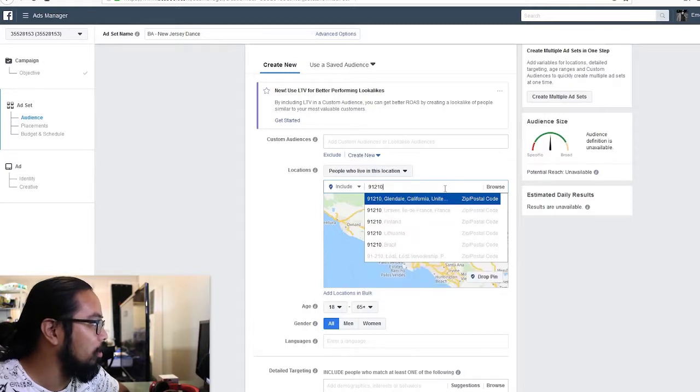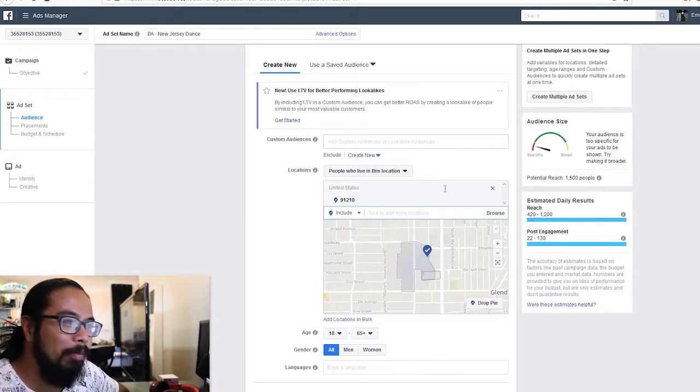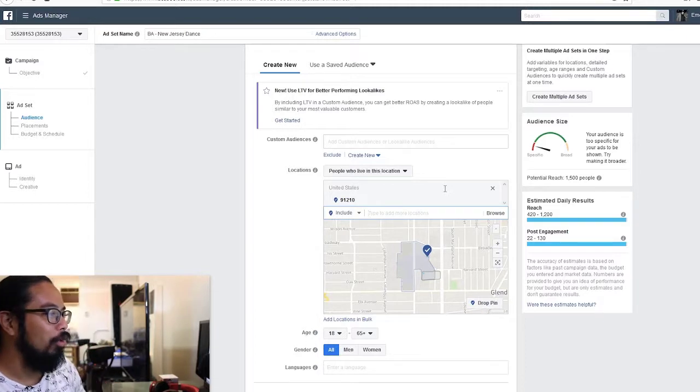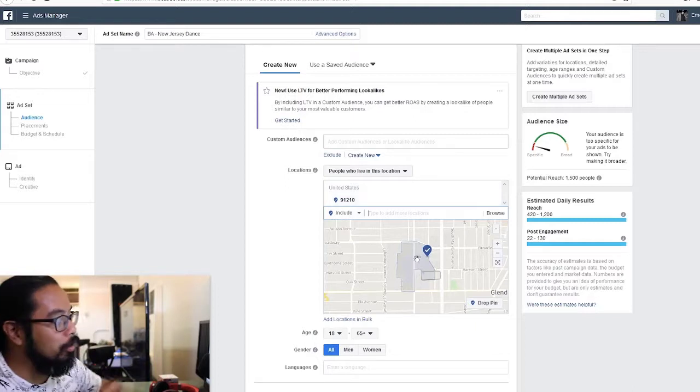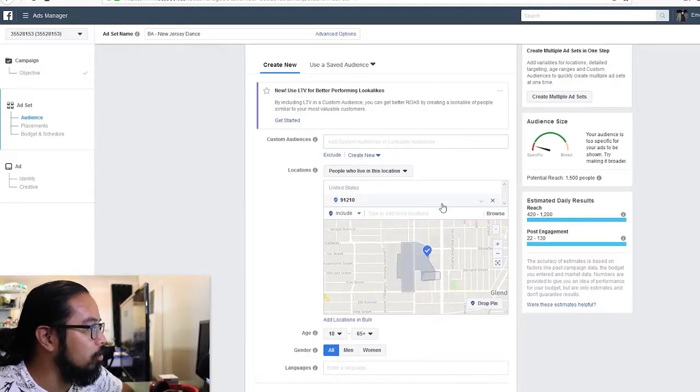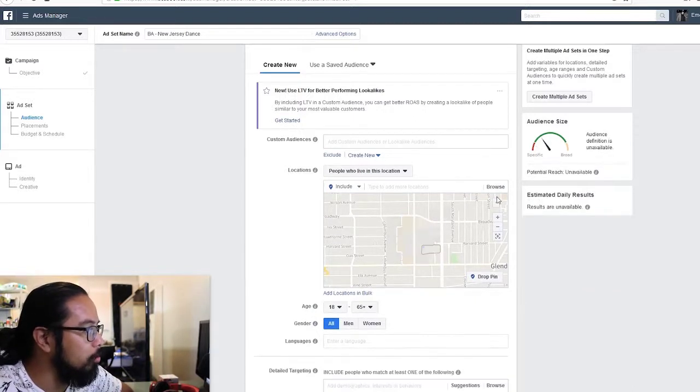Or whatever, that's Glendale. I might be getting the wrong zip code for some reason. Okay, see, now you can target specific zip codes. So depending on what you want to target, it's up to you. Notice over here though, the audience does get smaller, so you generally want to keep it right in the middle.